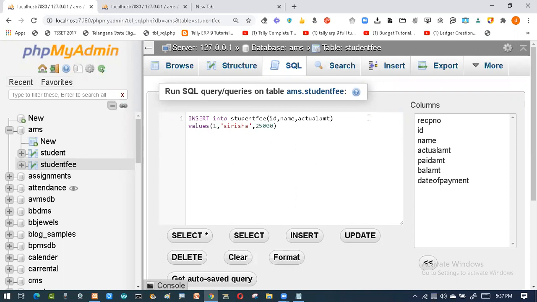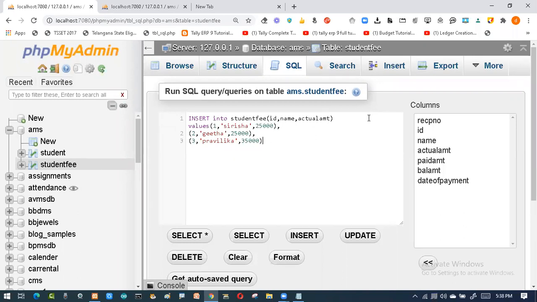Okay. Then I have roll number 2. Her name is Geeta. Then her fee is also 25,000. Then another record, third record is there. Her name is Pravalika. Then her fees is 35,000. Say like this. It's left to you, it's not compulsory. Like this, I entered the 3 records, and now bulk records.